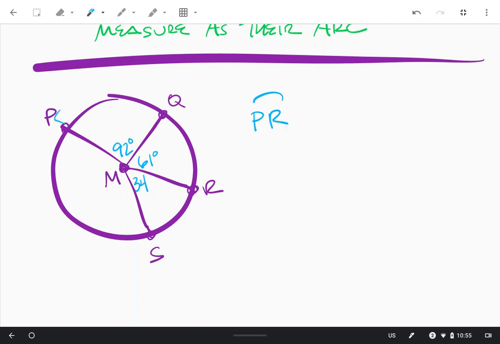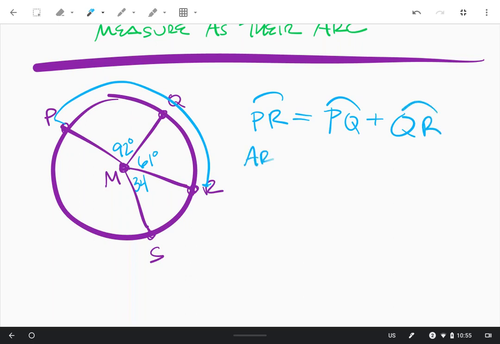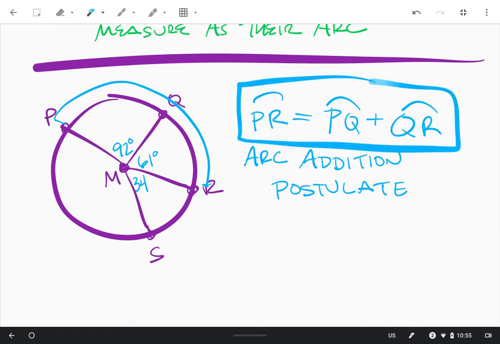So that's actually the arc from here all the way over to here. So PR is not actually one of the arcs that I'm given. However, we know that PR is made up of arc PQ plus arc QR. And so the arc addition postulate just says that if I have the measures of the arcs that make up a larger arc, I can simply add those together